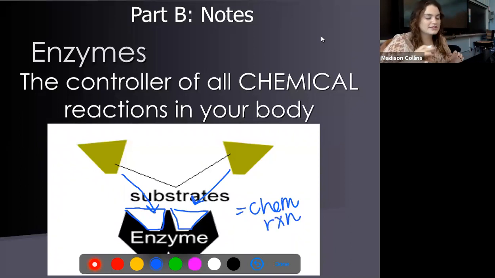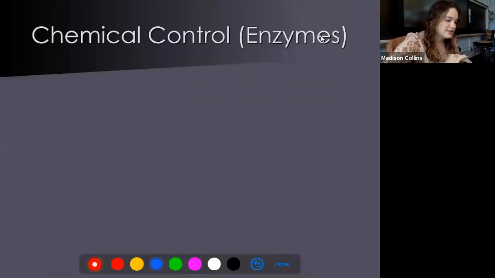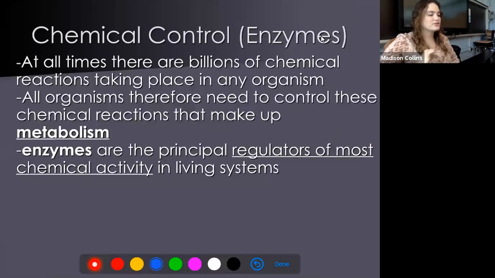So that is what causes that chemical reaction to speed up, okay? So those substrates fit in with the enzymes, and then the magic happens, okay? But then we know that the enzyme is not used up, so that enzyme's actually just going to bounce out and do the same thing again and again and again. And you guys will get more practice with this in the upcoming days, so don't be too stressed about it right now. All right, so let's learn some more about chemical control.